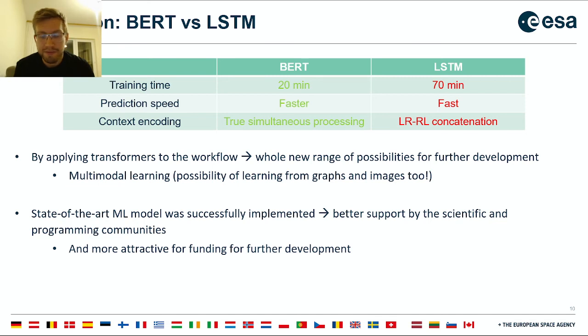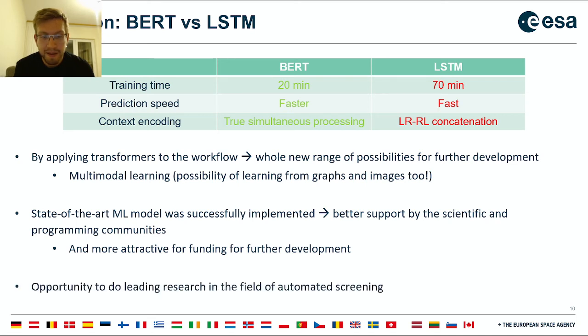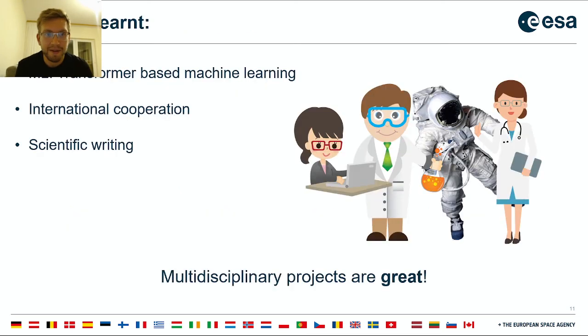Now, because we employ a state-of-the-art machine learning model, this is actually very cool for leading the research in the scientific community and programming communities as well, and could be more attractive for funding, since we can also access help towards the development of such algorithms as well. And of course, it is great to be part of this new wave of leading research in the field of automated screening. The lessons that we've learned, Marta and I, during this